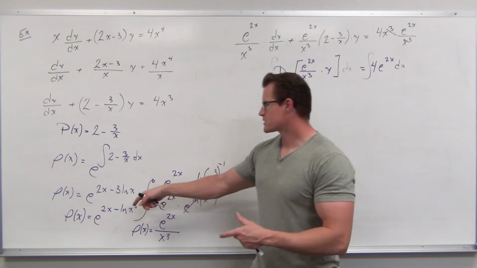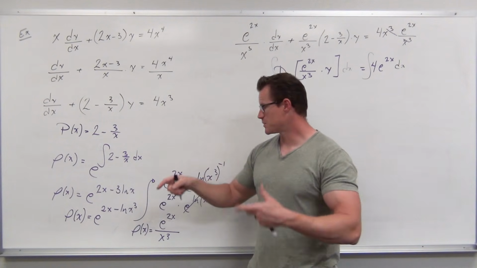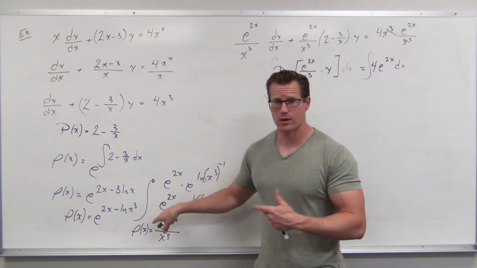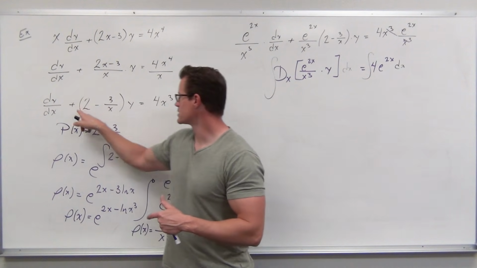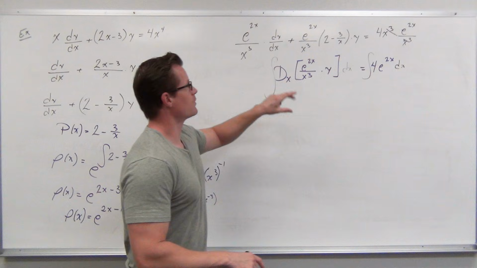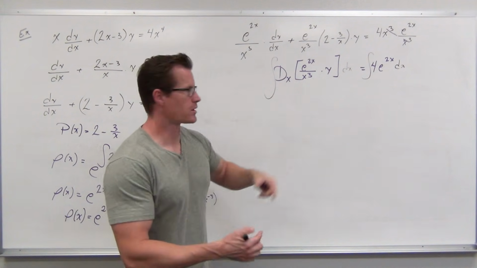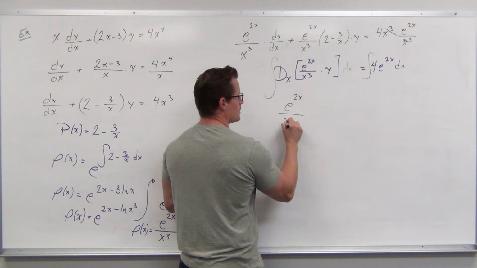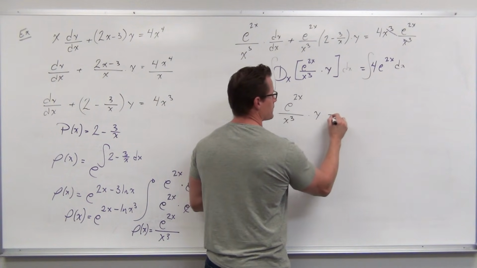And we know that negatives and coefficients move as exponents. We can simplify e to ln, no problem. That's our rho. I don't care what you have, that's what you're multiplying every single piece by, and that's what we've done. We've simplified where we could, and we know that this is the result of the product rule, write the product. After that, we do our integral, we get e to the 2x over x cubed times y